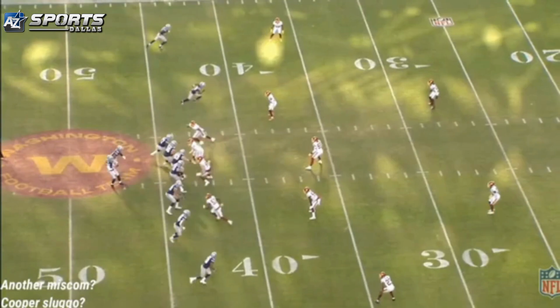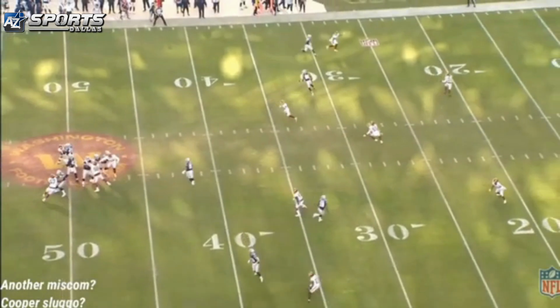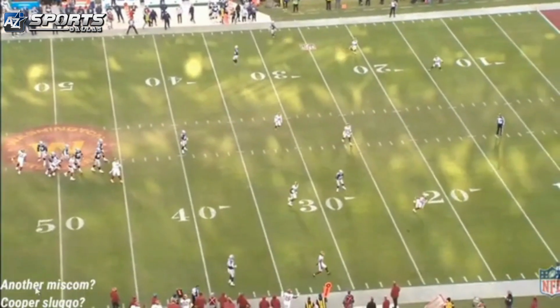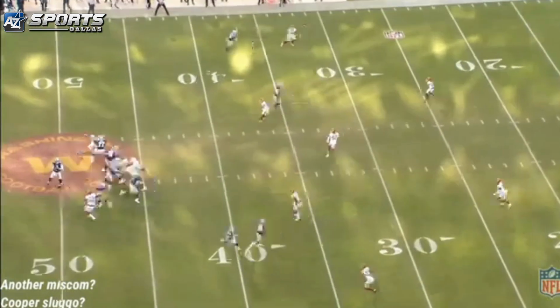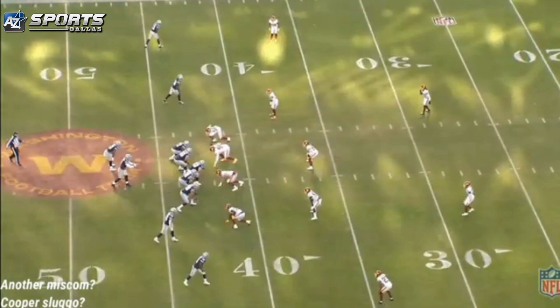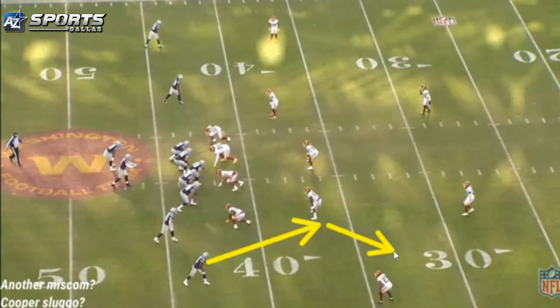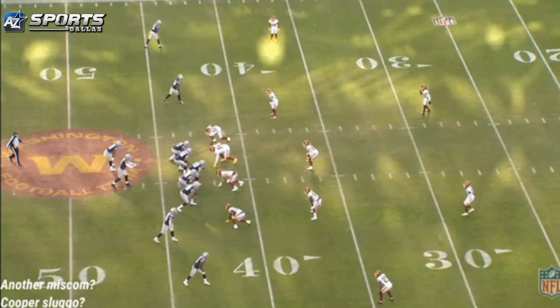Keep your eye on Amari Cooper and where the ball is thrown. What is this? Dak is looking for the 7. Amari Cooper does what? This is what Dak is looking for here, y'all. Dak is looking for Amari, or not the 7, but the sluggo, to hit here and then to hit here while you got Schultz, I believe it is, kind of hovering underneath. Kind of a high-low read. But for whatever reason, just watch Amari Cooper at the top of his route.